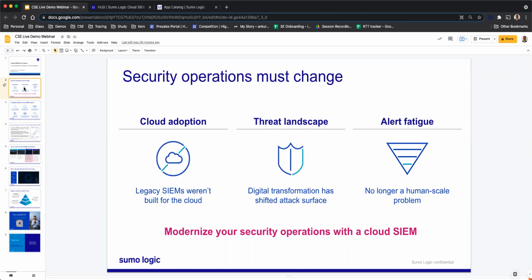We need a solution which can look into all of these generated alerts, automatically prioritize them, and automatically let you see the most important things out of these alerts. Otherwise, we may be looking into a lot of alerts which may not have much impact, and you will not be able to handle this cloud scale problem or the machine data analytics problem.